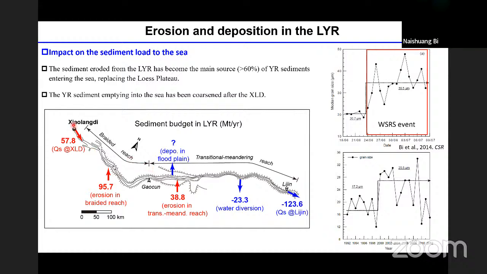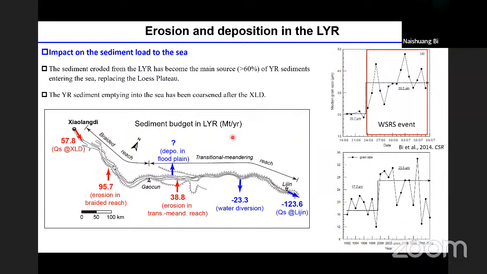We have the value for the Xiaolangdi reservoir released sediment, and we also calculate the erosion value in the lower Yellow River channel, and we know the sediment loss due to water diversion, and also how much sediment is discharged to the sea, but we don't know how much sediment is deposited in the floodplain. But assuming that all the sediment released from Xiaolangdi can be transported to the sea, then